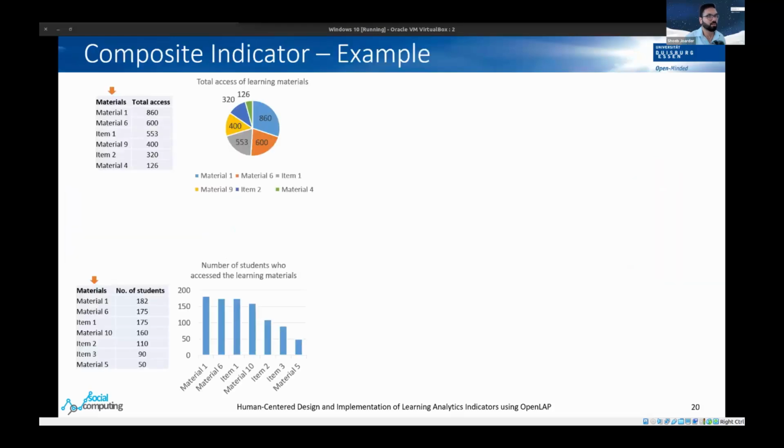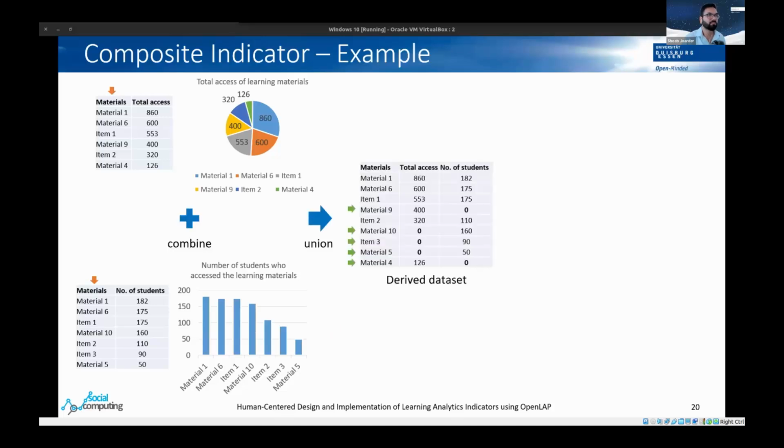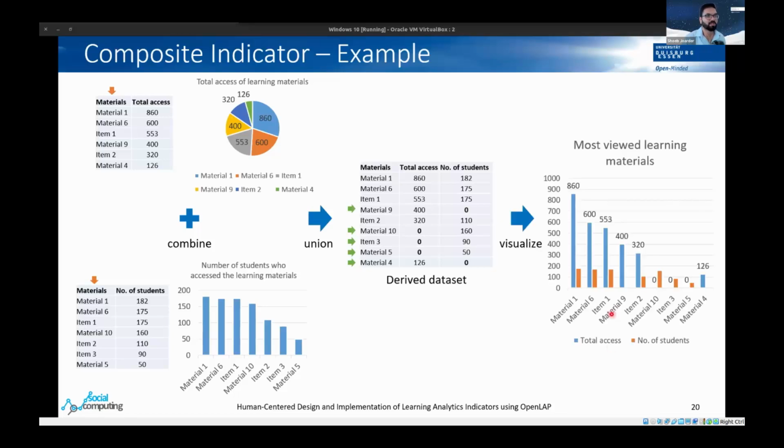The next example is a composite indicator where we have 2 indicators together, where we have total access of learning materials and number of students who access the learning materials. And these data sets can be combined by performing a union between the data sets to get this derived data set. And then we can perform the visualization by using a group bar chart